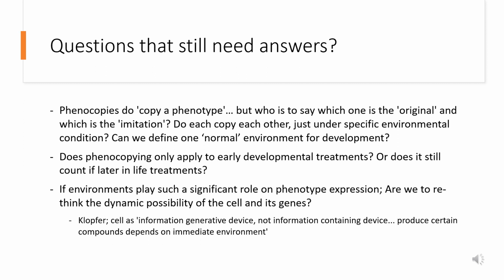Another question to ask is, does phenocopying only apply to early development treatments, or is it still counted in later life treatments? In the example of the chicken, we saw how phenocopying occurred when we introduced insulin at a very early development stage, but when insulin was introduced later on, it had a different effect. It caused a different growth in the chicken's beak. But we can also think of phenocopying as, if we're changing the environment later on in life,